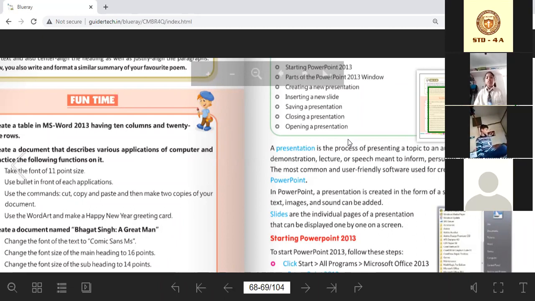Like for example, recently our school organized the science exhibition. From standard 4, some students presented their science project in front of many people. So who were those people? They were the audience, and you were the presenter of your science project.